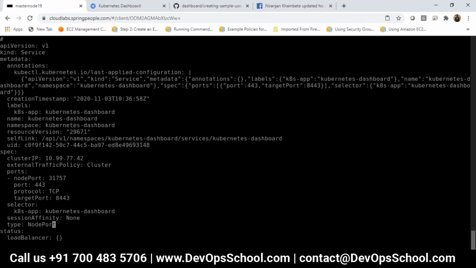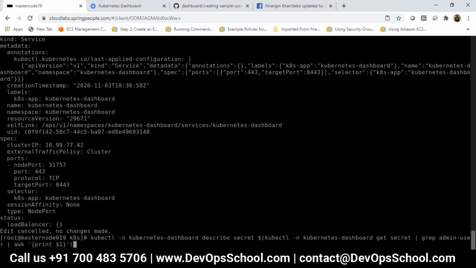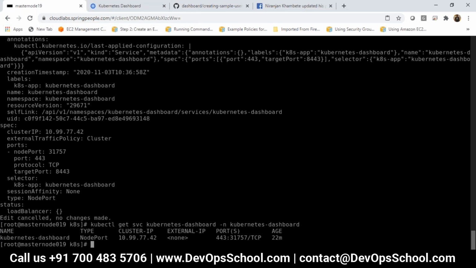It should be NodePort in place of ClusterIP. Then do kubectl get svc. Once you save it, kubectl get svc. You get a port number, like 31757 I am getting.